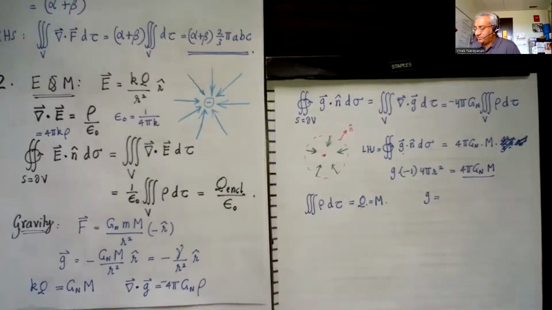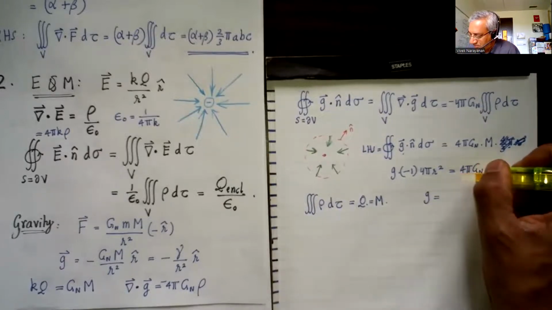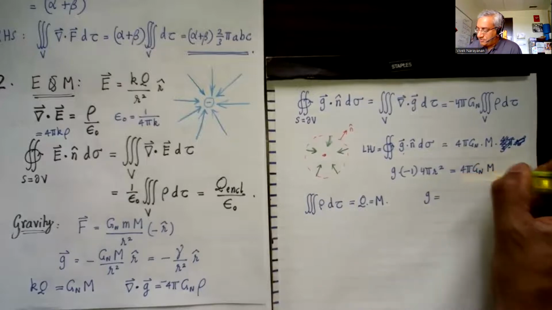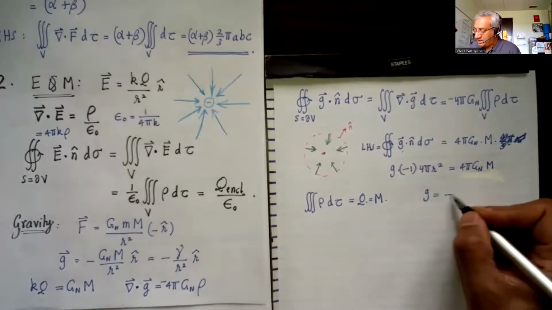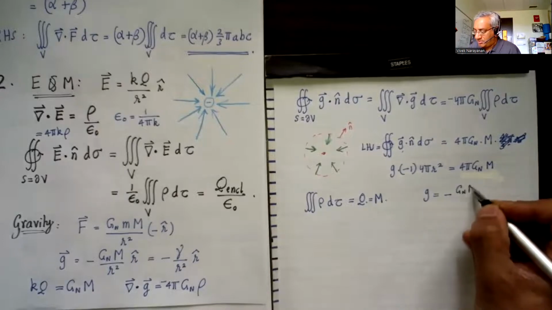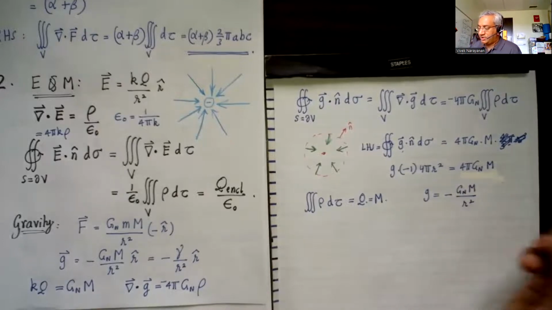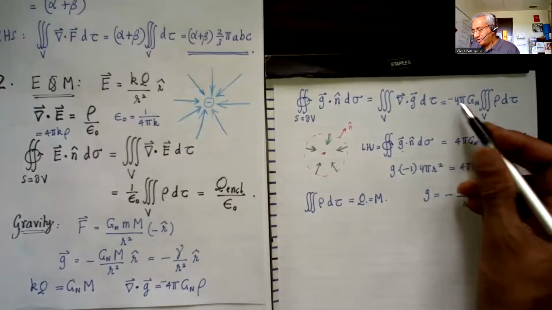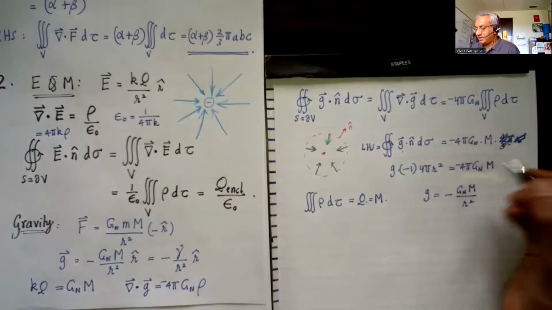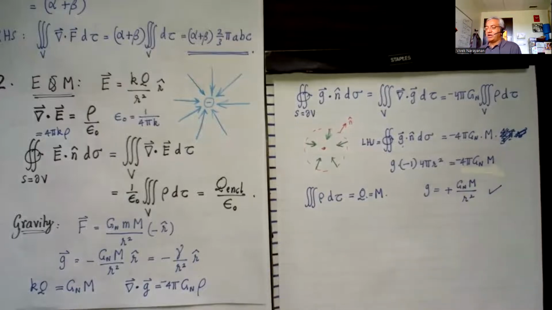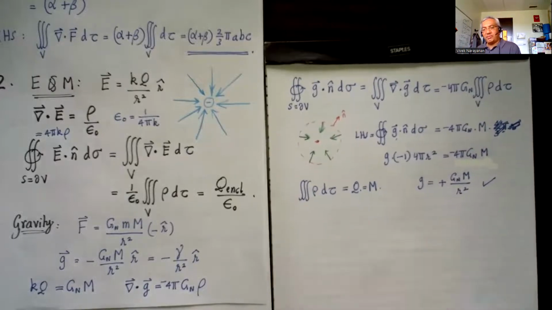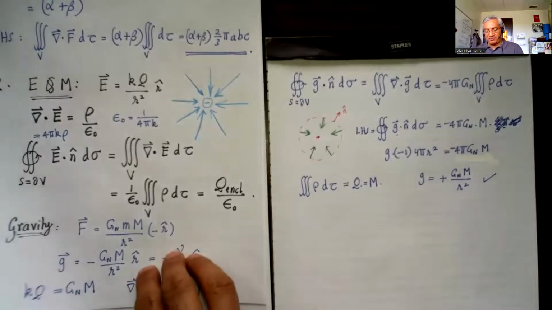there's no division sign there. Let's cancel that out. The 4 pi's cancel out, and I get negative G_N M over r squared. If I don't keep the negative sign, I get the magnitude; if I keep the negative sign, it shows the field points inward. So it works. We're going to do the same thing for the example I gave at the start,